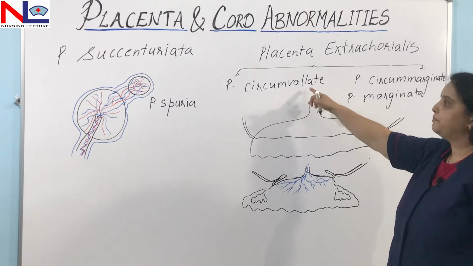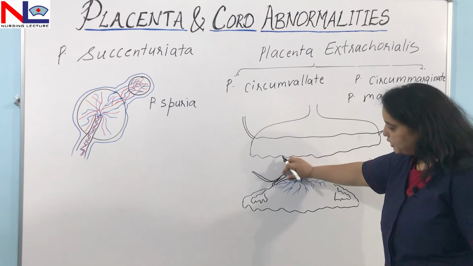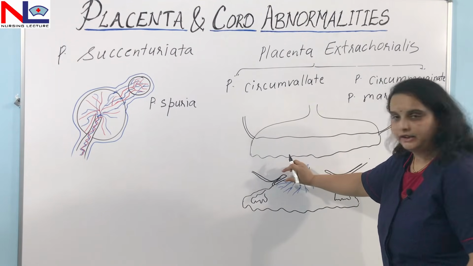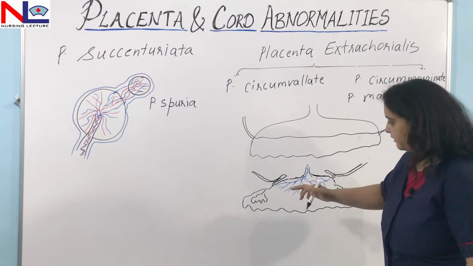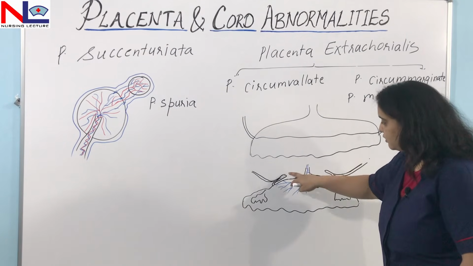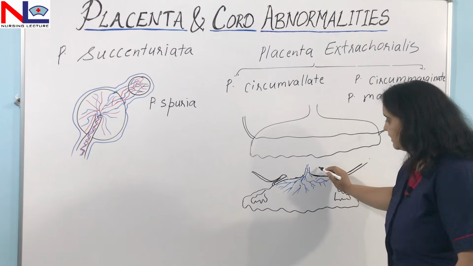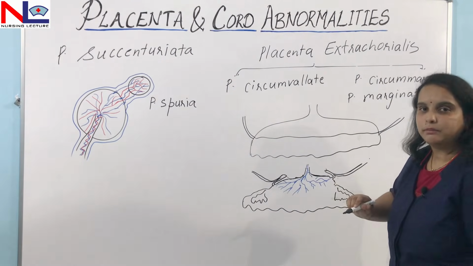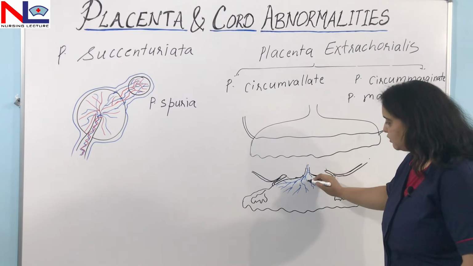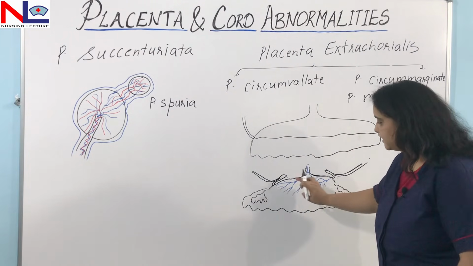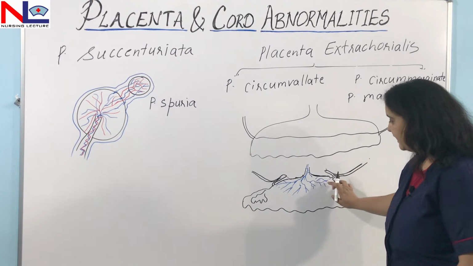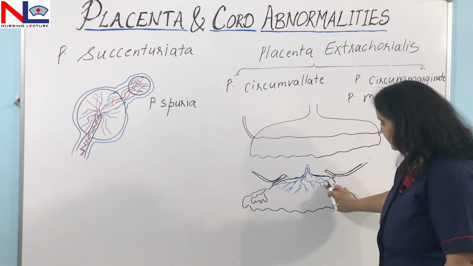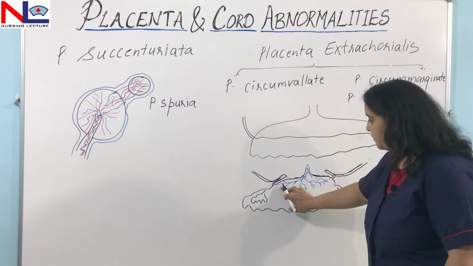So what is happening in the placenta circumvallate? The amnion and chorion, that is the fetal membrane, become rolled back. So they are folding and they form a double layer over one another. This is why they are forming a thick fibrous ring around the central part of the chorionic plate. And in this also the vessels which are inserting through the umbilical cord radiate and do not go till the end, whereas they end near the ring part only.